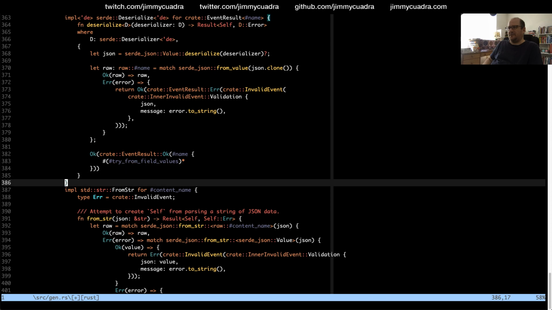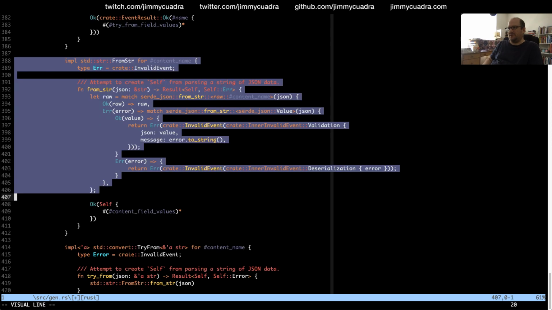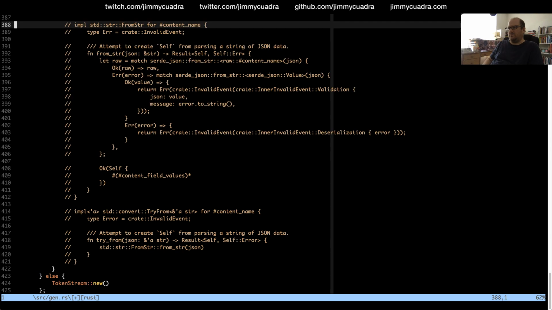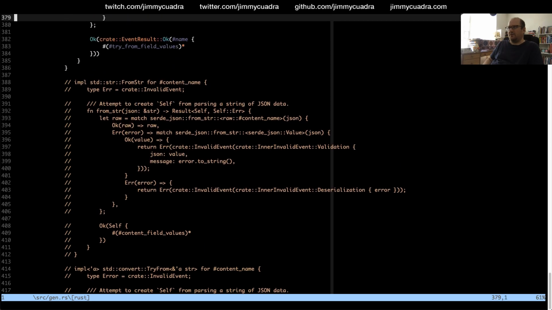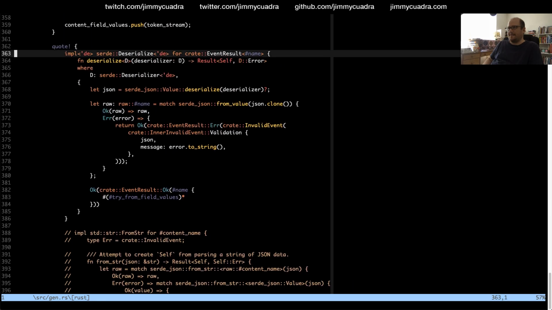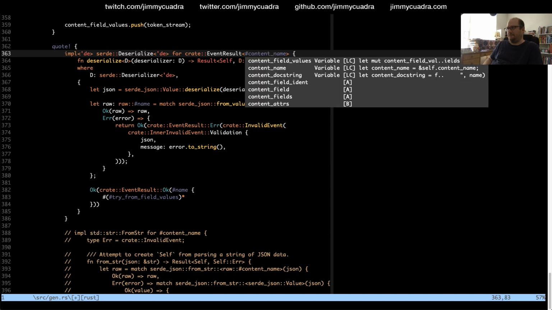And we actually don't need this, so I'm going to take this out, to remind me to remove that later, because we don't need those implementations anymore once we have this new API. Okay. So instead of name here, this is going to be content name.